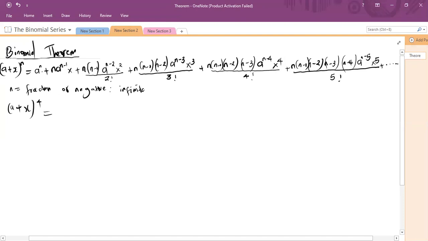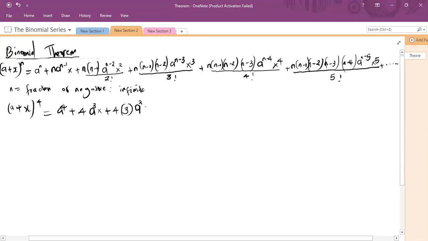Now what happens? The value of a is first of all raised to power n. That is raised to power 4. In our case, n is 4. Plus we have n there. So 4, a raised to power n minus 1. So that is raised to power 3. Then we have x plus n. So we have n is 4, then n minus 1, so that is 3, 4 minus 1, which is 3, and then a is raised to power n minus 2, so a is raised to power 4 minus 2, which